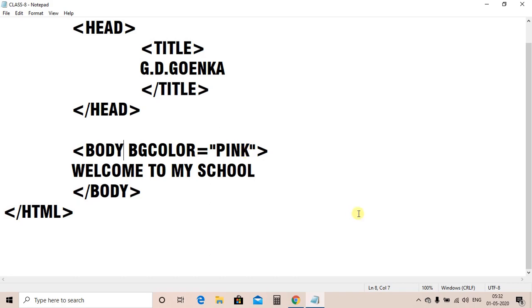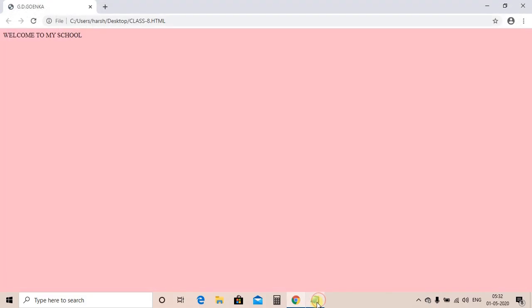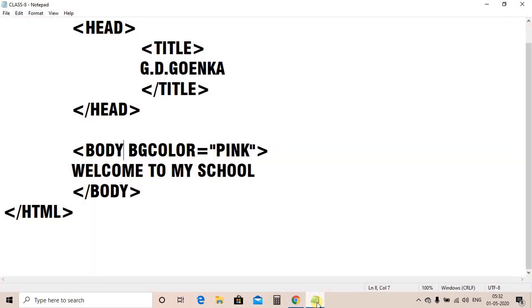Okay. Now moving further, suppose we have changed the background color. Now what we want, we don't want this color as a background, but we want an image as a background. Instead of color, we want an image as a background. So what we need to do? We need to change the attribute.